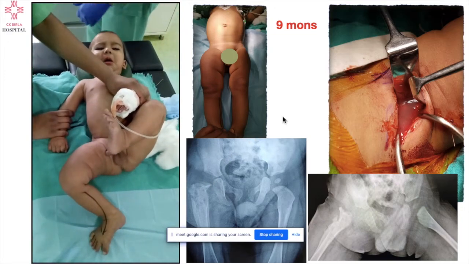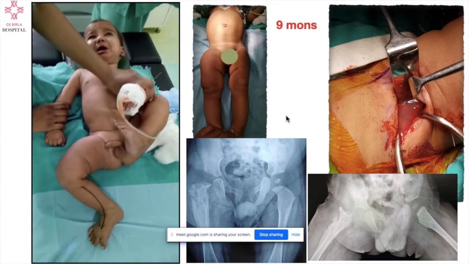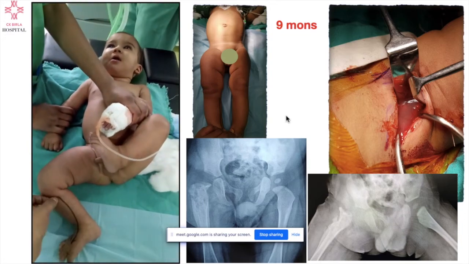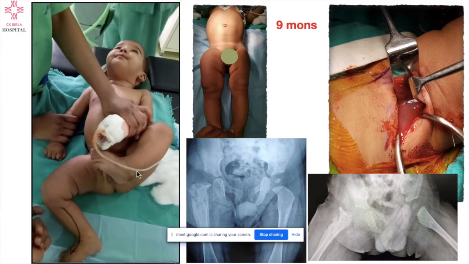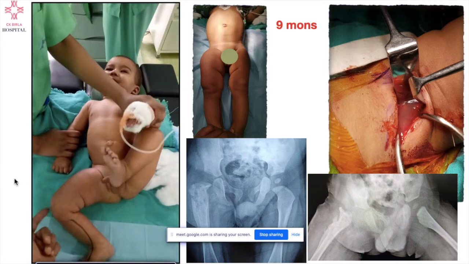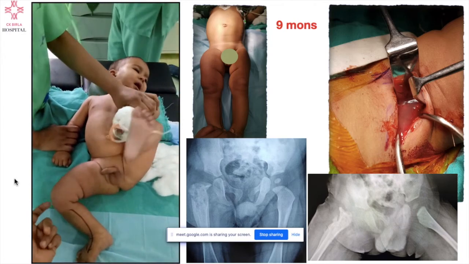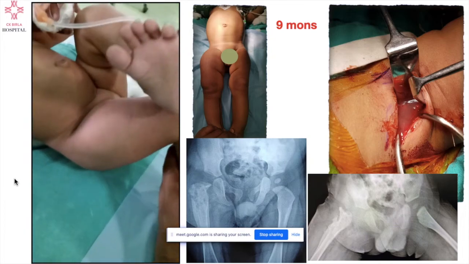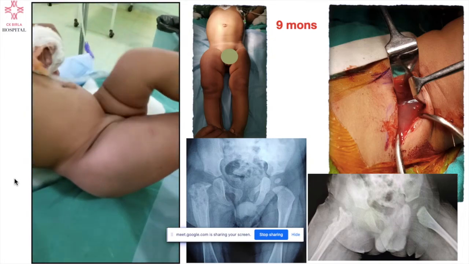The child still had fever, continuous fever. The ultrasound reports were all normal. He was told elsewhere that there is nothing wrong with the child. But you see here, this is the child before any surgical intervention. There is no other diagnosis. This is a telltale sign of osteomyelitis with an abscess with a septic arthritis hip.